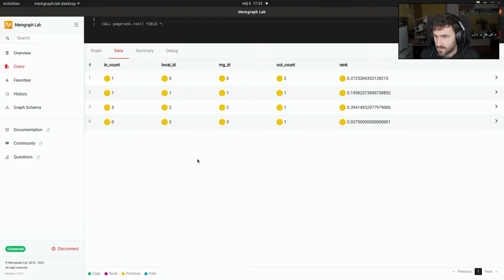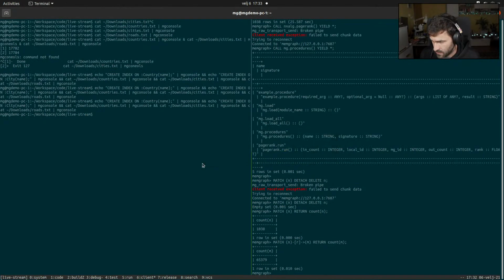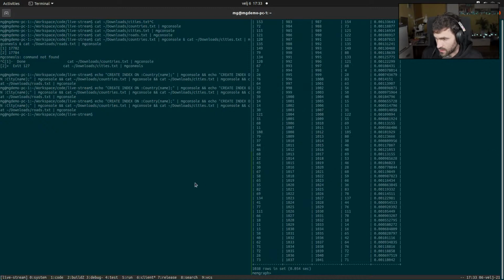Actually, I think this should be smarter to showcase here. So if we call the PageRank here, this will call the PageRank. If you remember, this is our module of PageRank compiled in the debug mode, and we're gonna execute the calculation now. As you can see here,